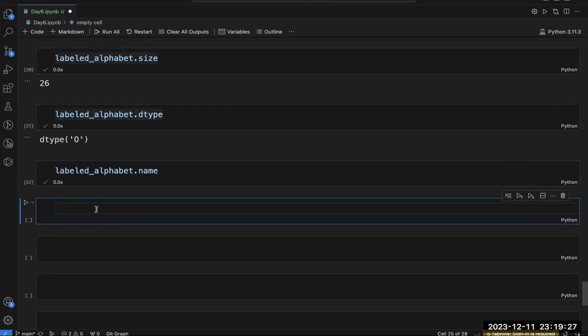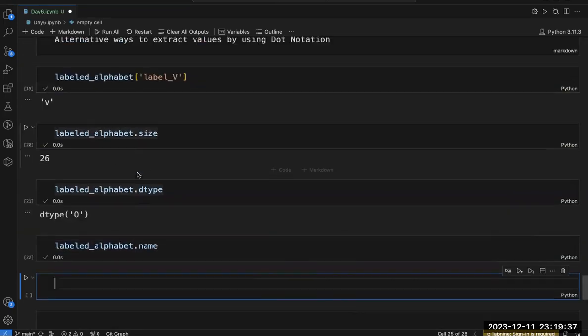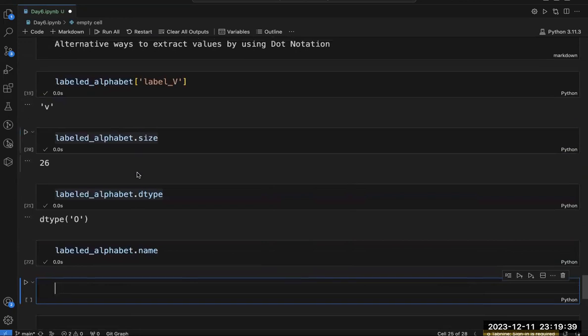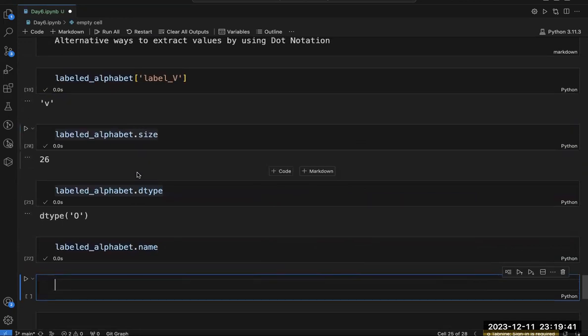But one important thing I would like to tell you is that this dot notation, or dot method, to access the value, is not as flexible as the square bracket.